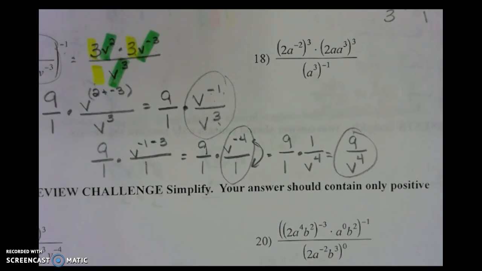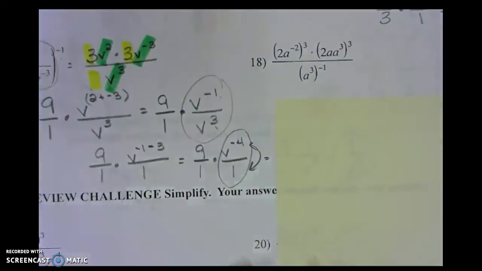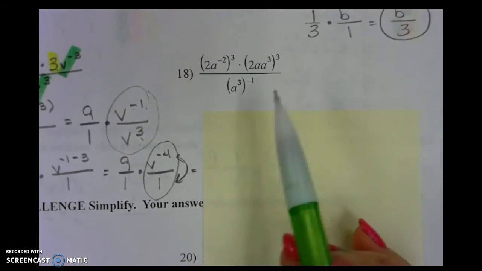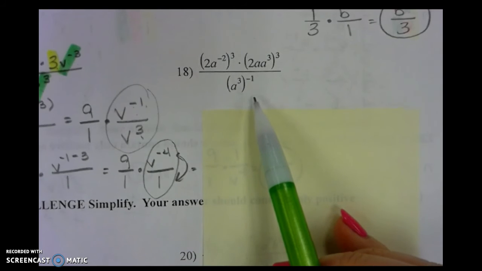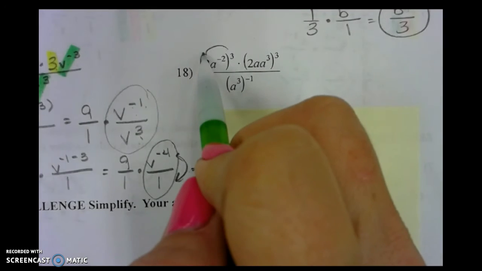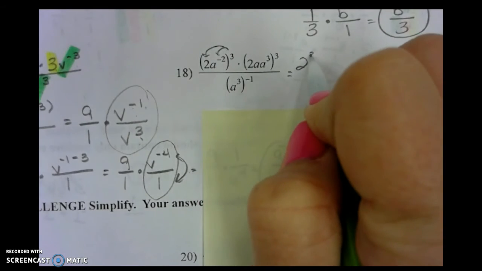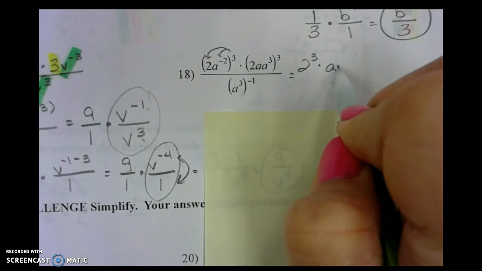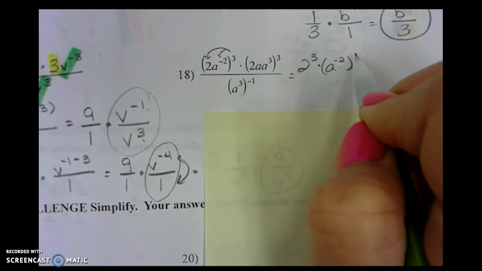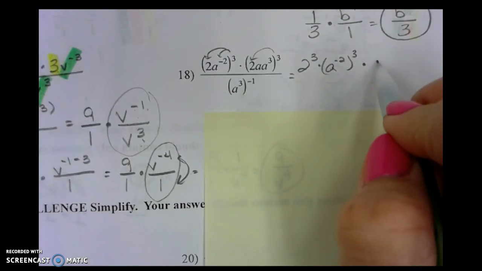The last question, number 18. There's a lot of different places that you could start on this one. I'm going to start with all of these parentheses. I'm just going to distribute all of those outside exponents. I'm going to start with the first group of parentheses. I'll have 2 to the 3rd times a to the negative 2 to the 3rd times 2 to the 3rd